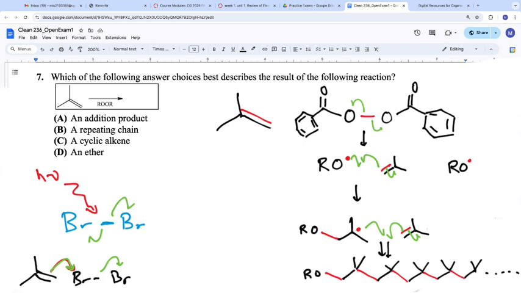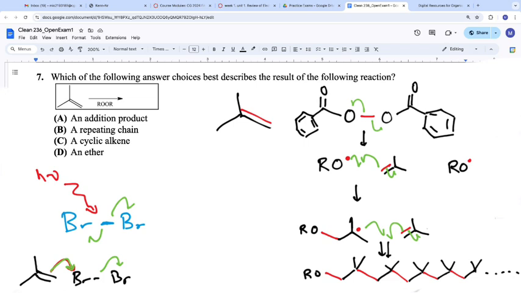So what we might do is look at our other answer choices. A repeating chain. We look at our final answer, does that match? Yeah. Do we form a cyclic alkene? No. An ether? Okay. You might again say, well, don't I have an ether right at the beginning? Yeah, but what's the majority of the structure? Not ether. Okay. You remember, well, that's kind of challenging. How do I figure out? There's 3 answers that match. It does say best. Which of those 3 answers best represents the final product?